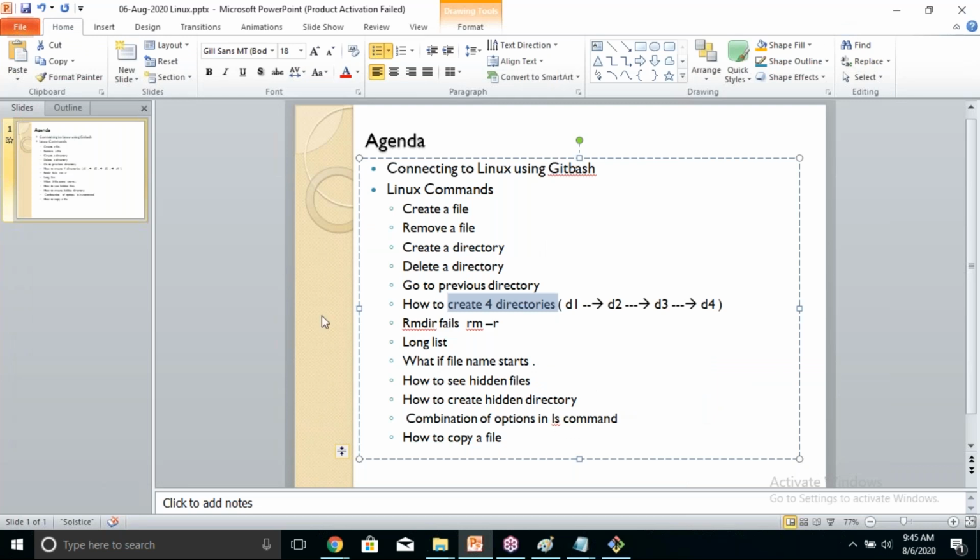Let's proceed. We also discussed rmdir and rm -r. rmdir will remove only an empty directory. rm -r will delete the directory even if it has some content.